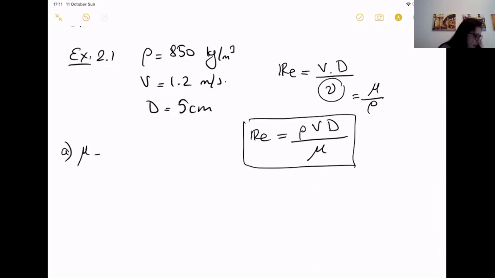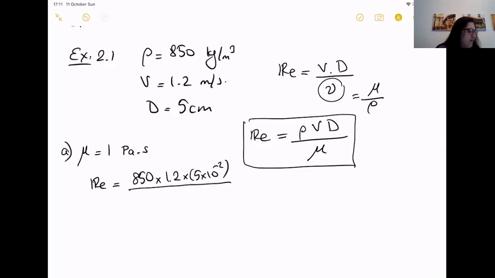Now for part A, dynamic viscosity is given as 1 Pascal second. So let's put everything in the Reynolds expression. Density is 850 times velocity is 1.2 times diameter is 5 centimeters. So please be careful to make the conversion to meters. It's a very common mistake. Divided by dynamic viscosity, which is given as 1. So from here, if you solve for the Reynolds number, what we obtain is 51, which is less than 2000. That will give me